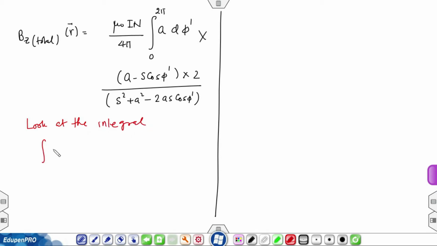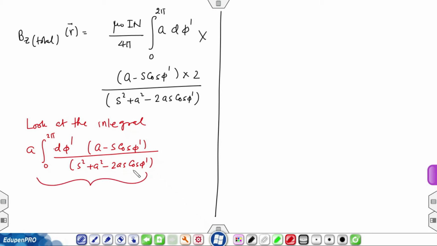Integration d phi prime from 0 to 2 pi of (A minus S cosine phi prime) divided by (S square plus A square minus 2 A S cosine phi prime). This term occurs